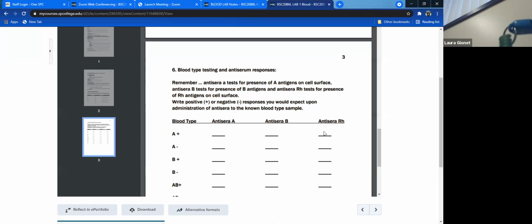And what would happen if I put in the anti-sera RH? Would I have a positive or negative reaction? It would be positive because we've just told you that it's an A positive blood. You must have an RH or D antigen on the cell surface. So what I would expect upon administration of the antibodies or anti-sera for RH, that would be a positive clumping